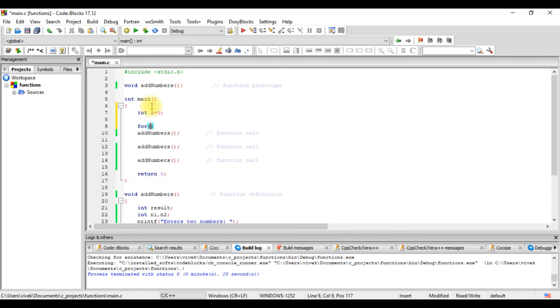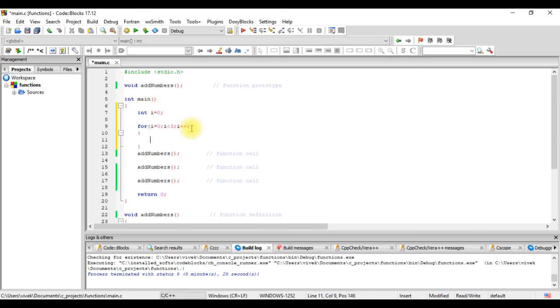For i equals 0, i less than 3, i plus plus, and inside this for loop we'll call this function add numbers, and we'll remove all this.